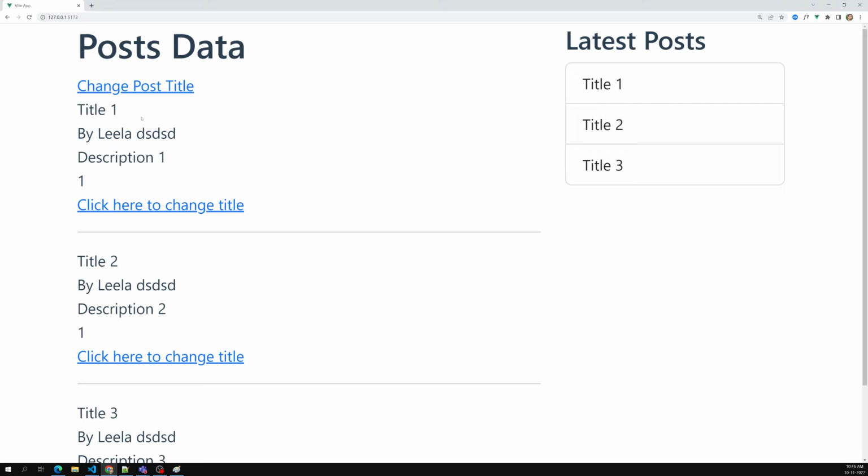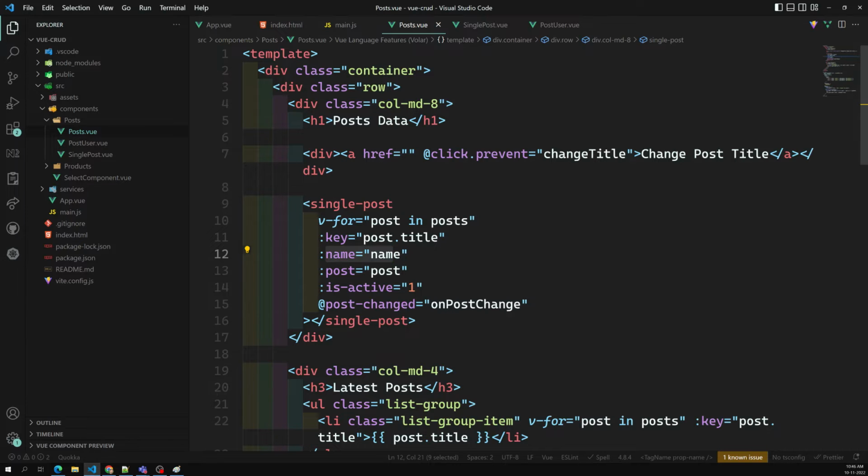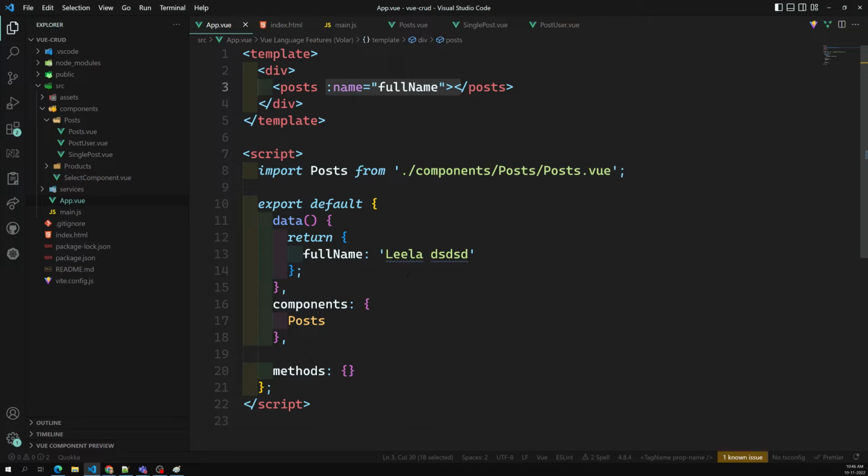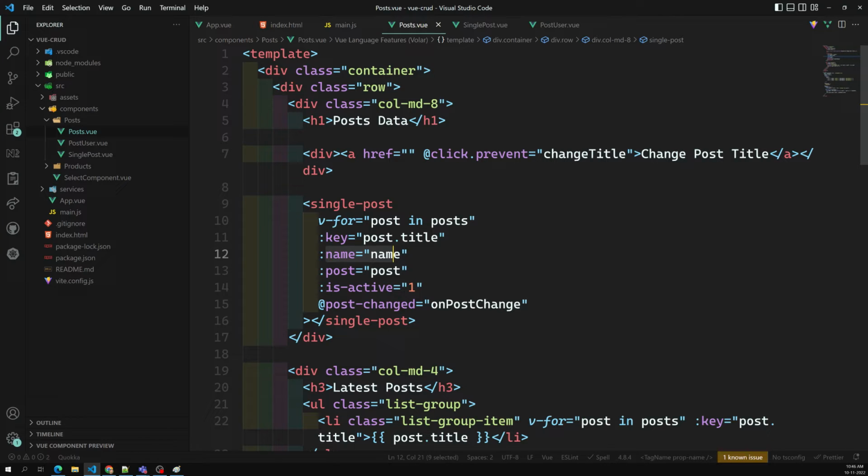So in order to show it like this, we will get a scenario in such a way that the data is present somewhere in the grandparent, and the data needs to be used somewhere in the grandchildren. In those scenarios, we can use an option that is nothing but the provide option. So provide option helps us with this one. So for example, in this App.vue we are having this one, all right. So there is no need for us to send it as a props to the post one. So here also there is no need for us,